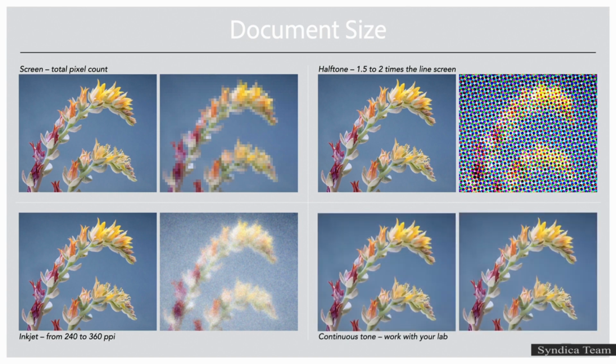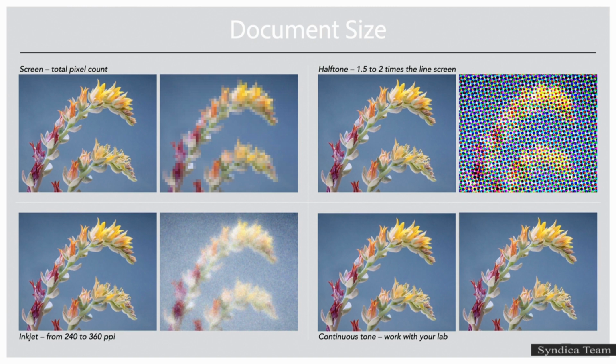So what about continuous tone printing? Printing to photographic paper would be an example of continuous tone printing. If you're a photographer, you might be sending images to a lab to have them printed, for example. In this case, you simply need to ask the lab what resolution they want the file, as they will know the optimal resolution needed for their printers. It's been my personal experience that they typically want something around 300 pixels per inch.